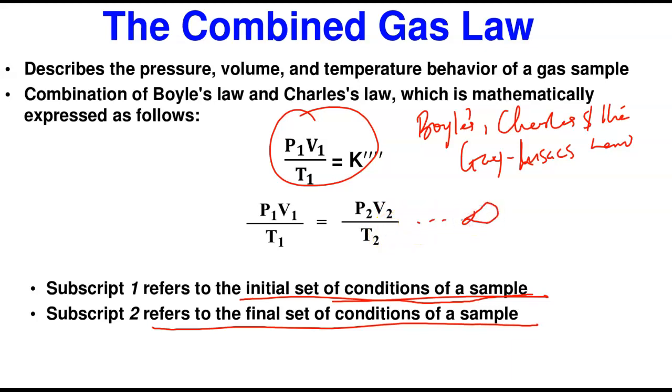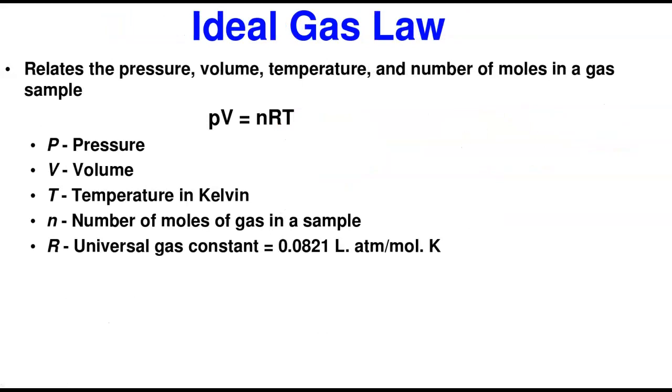So if you're going to solve these problems, you're going to be given the conditions of the gas, and one might be missing. So you'll be given a set of conditions missing any one of these variables, and you're going to manipulate this mathematical formula to solve for your unknowns. We're going to do this example in the next few slides. In the next lecture, I mean to say, the ideal gas law.